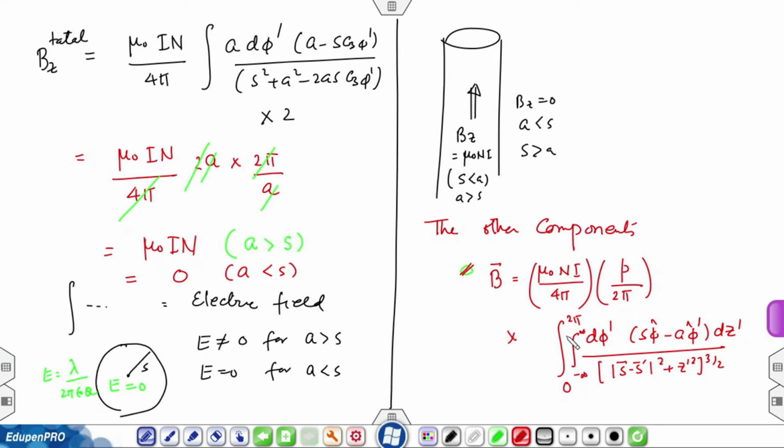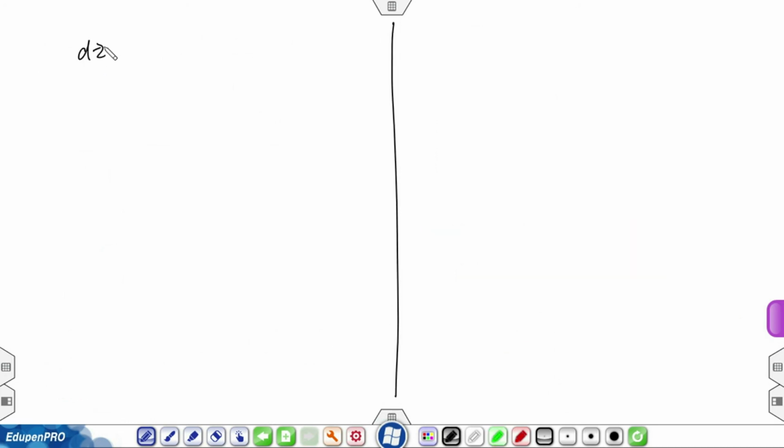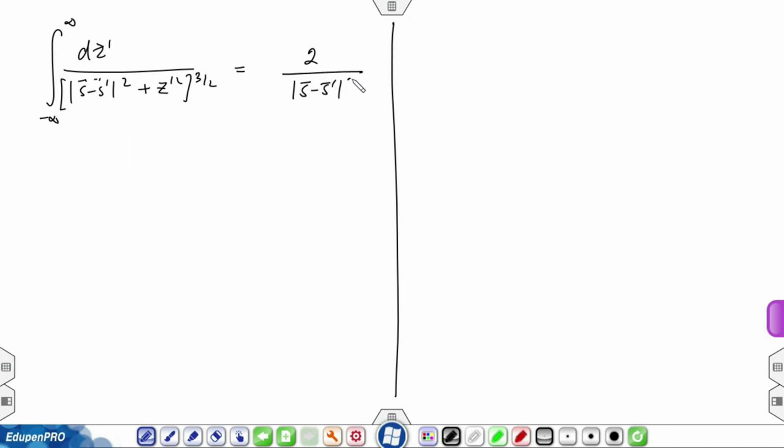The other term had dropped out. So, now I have to evaluate this. I will just focus on this integral here. As I do the z prime integral, dz prime from minus infinity to infinity divided by (mod s minus s prime square plus z prime square) raised to 3 by 2, this gives me, we have already done this, 2 divided by (s minus s prime) whole square. So, I am left with